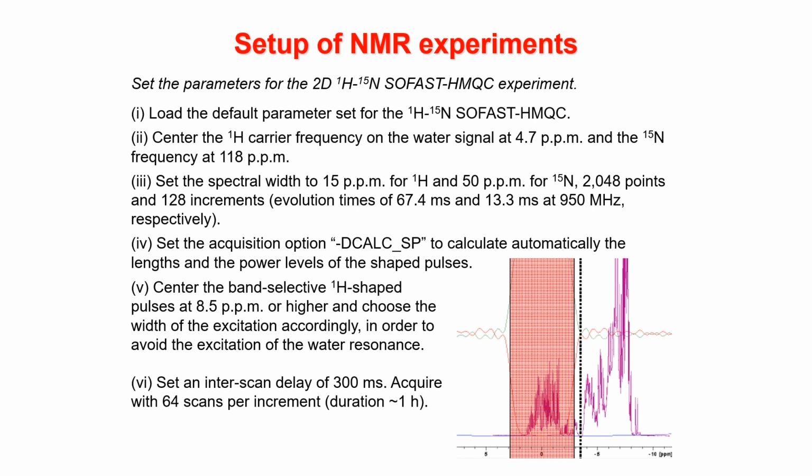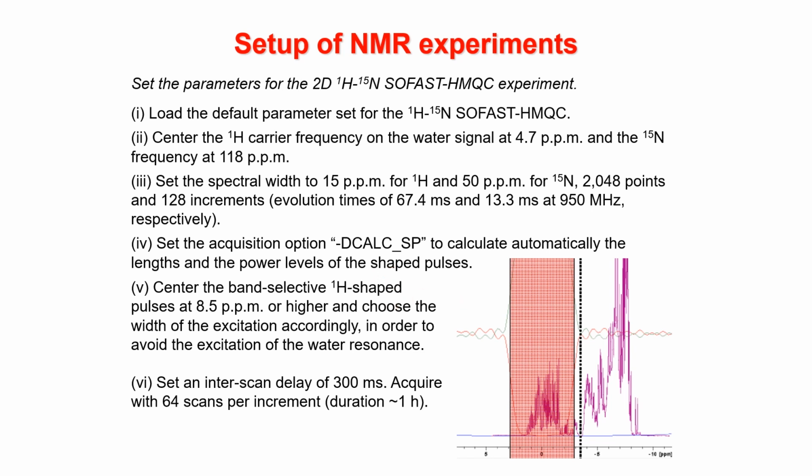Then, this is very useful: in the newest TopSpin version, you have pulse programs that can automatically calculate the length and power level of the shaped, band selective pulses. So it's useful to use the option decalc_sp so that it will calculate these values automatically based on just two parameters: the center of the band selective proton pulses, which I usually set at 8.5 ppm right in the amide proton region, and the width of the